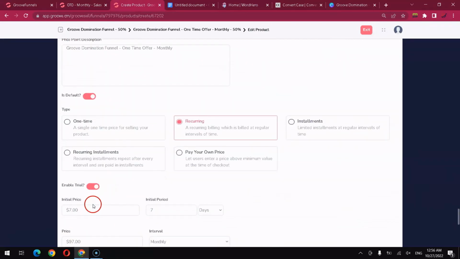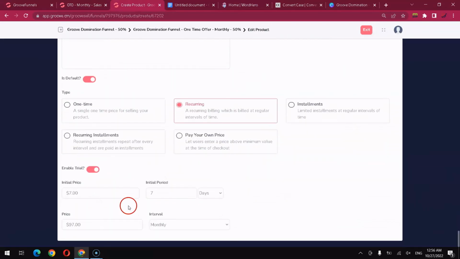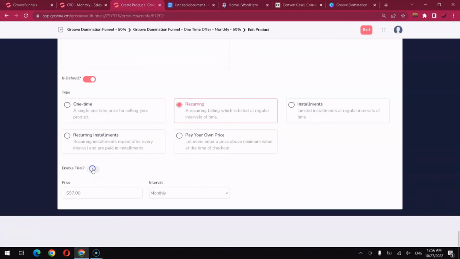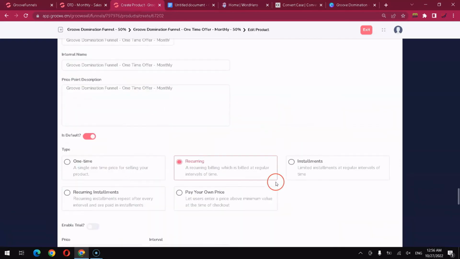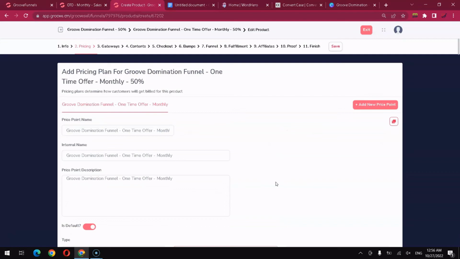It is $97. Oh, the trial is $7 and then $97. So let me disable the trial, so it should be $97 per month. So click on save,